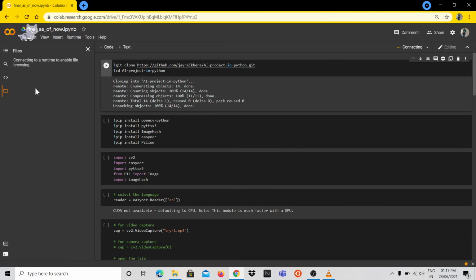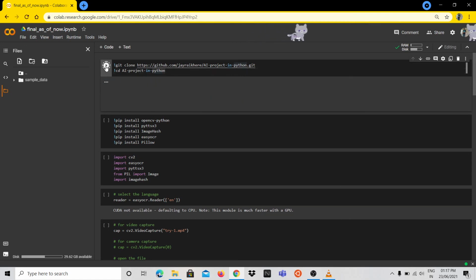Just wait for this, something is coming here. It's connecting to a runtime to enable file browsing. Okay, then we have seen these folders, then we are ready to go. We run the cell by here